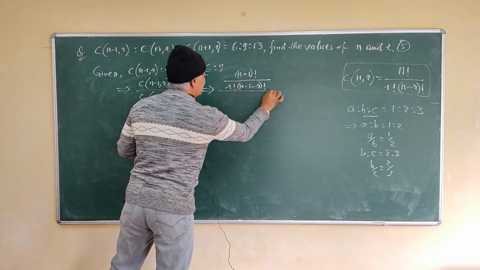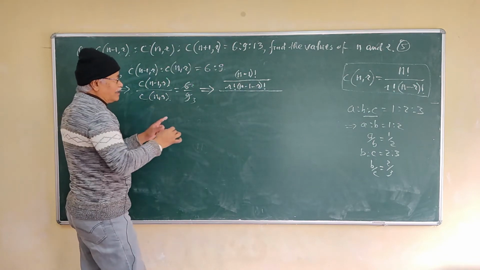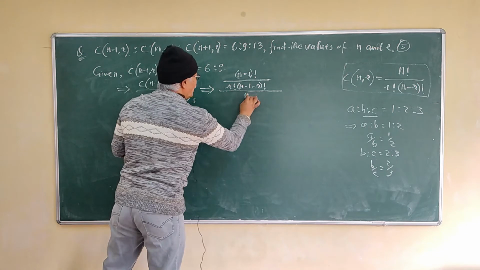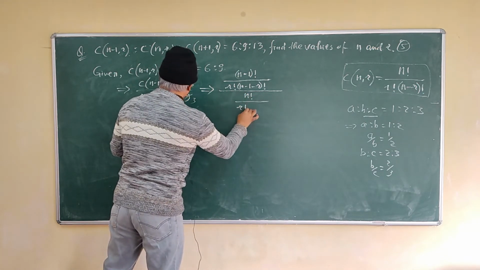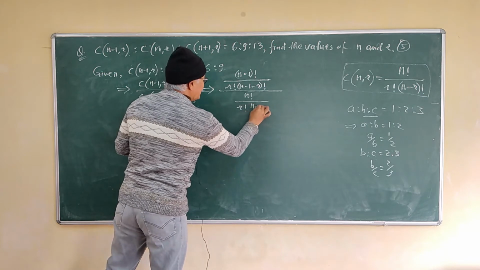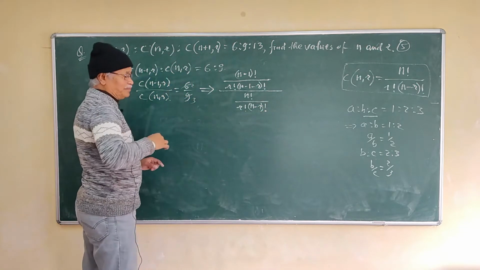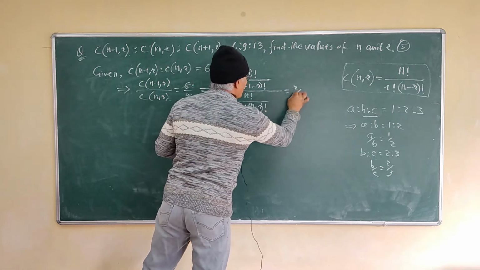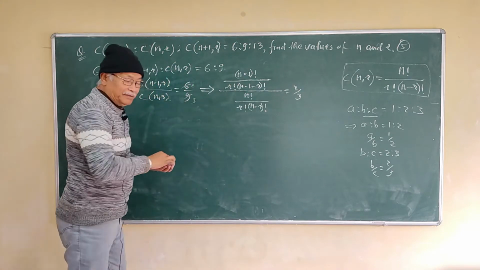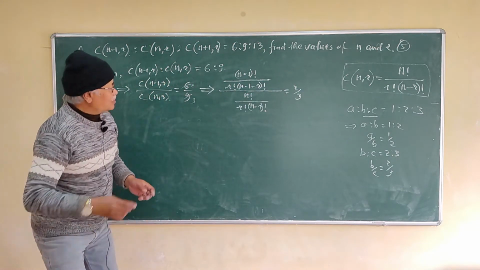That's right? Okay. And what about this? C(n, r), you have already known. It can be written as n factorial over r factorial, then (n minus r) factorial. That's right? Okay. That will be equal to 2 upon 3. Fine? Okay. So next,